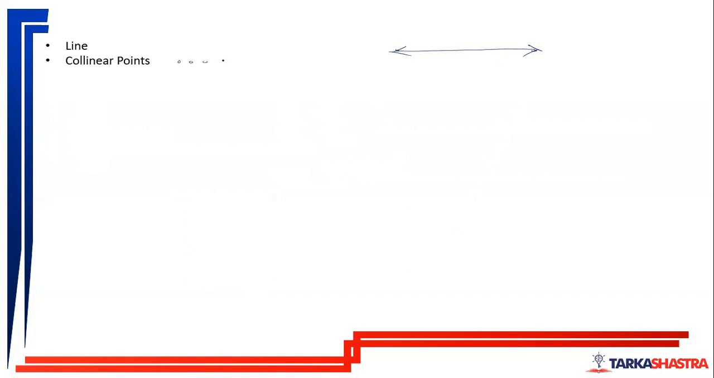Any number of points, 2 or more than 2 points which lie on a same line. If there are 4 points and fifth point is here, then fifth point number 5 is not collinear with other 4 points. And any 2 points are always collinear. ठीक है, कुछ बेसिक थ्योरीज है वो आपको ध्यान में रखनी पड़ेगी।